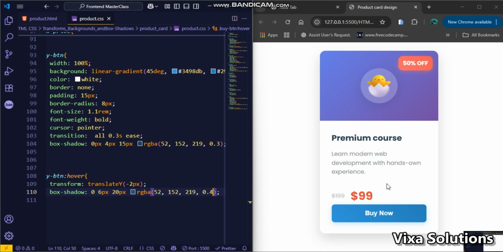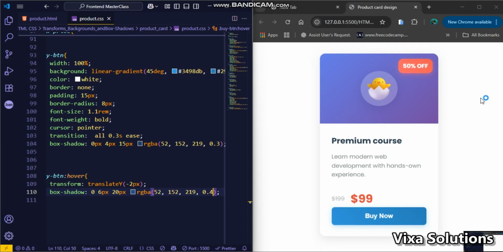We also covered box shadows comprehensively, from basic single shadows with horizontal offset, vertical offset, glow radius, and color, to advanced multi-layer shadows that mimic real-world lighting. The secret to professional shadows is subtlety and using colored shadows, right? for interactive elements. And most importantly, we combined all these techniques into a real-world project that you could actually use on a client website or your own projects. So this product card right here,